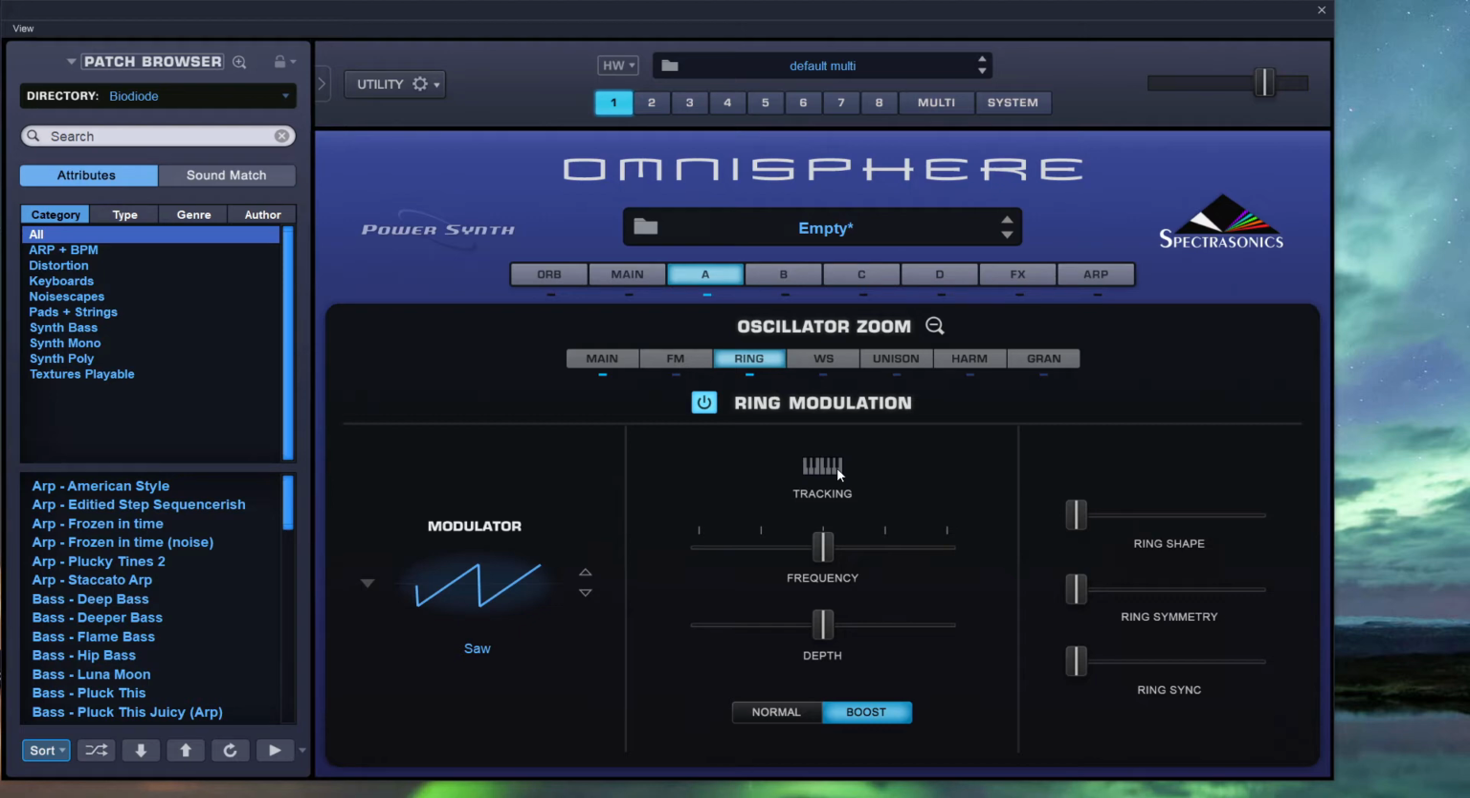You can, however, control this character using the depth parameter here. So this is sort of full on. I can lessen the impact by just moving the depth down a bit. The effect doesn't affect the main oscillator itself. It affects the saw sound here, this modulator here. Because if I change that to noise, say,